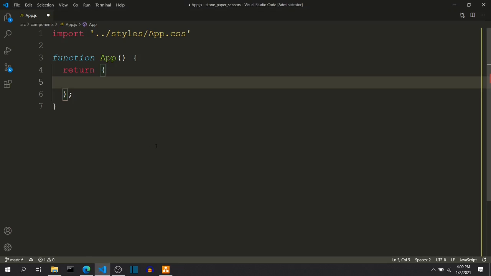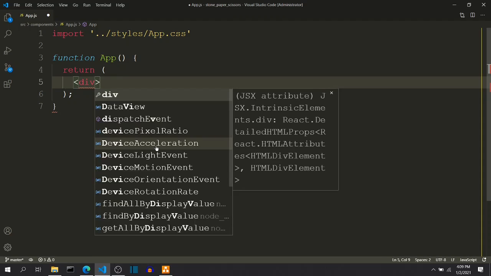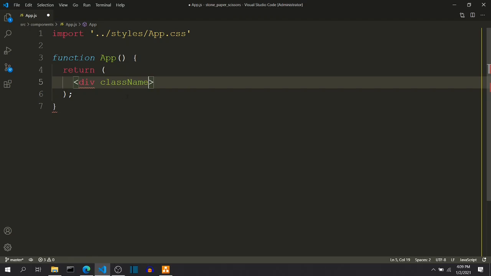So let's first create an element with class name. This is a different syntax. We cannot use just class, and we have to use className instead of that. And let's give the same name but with the smaller letter. I'm following a BEM convention, that is block, element and modifier, and I will explain that convention as we